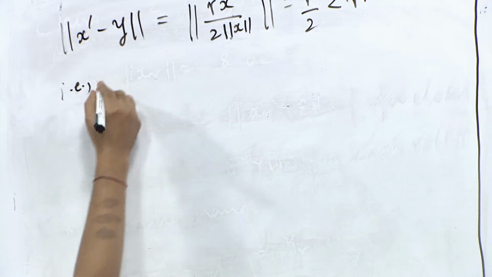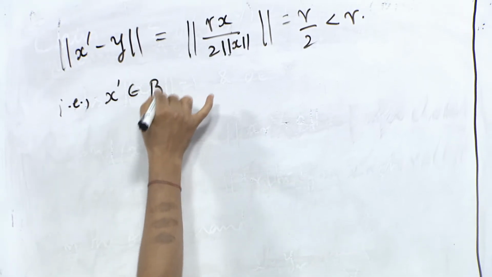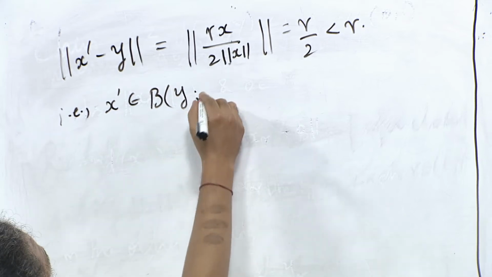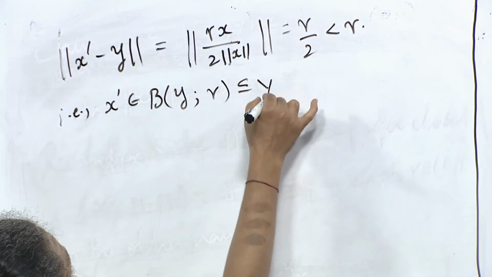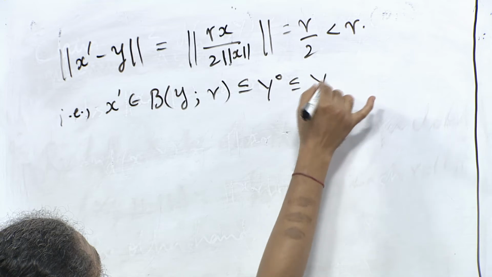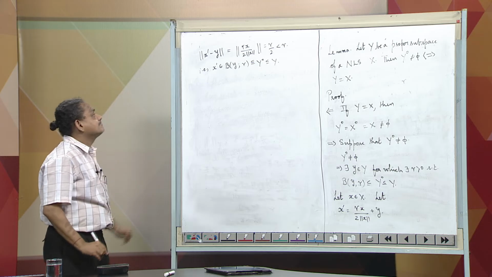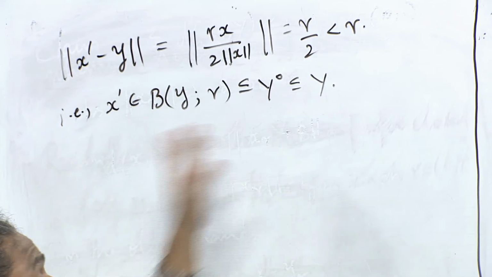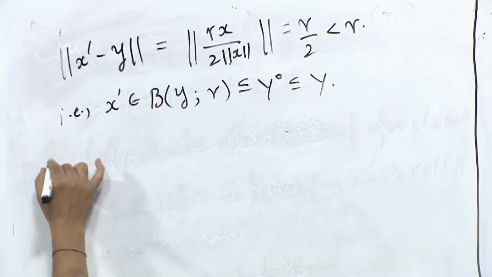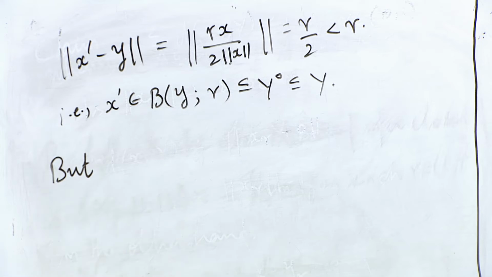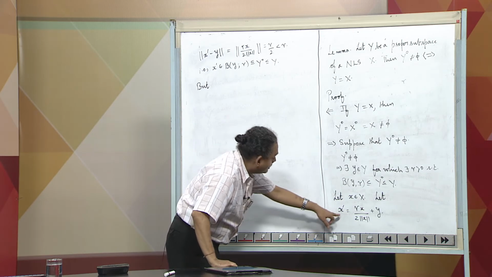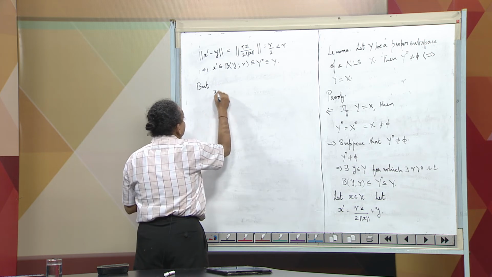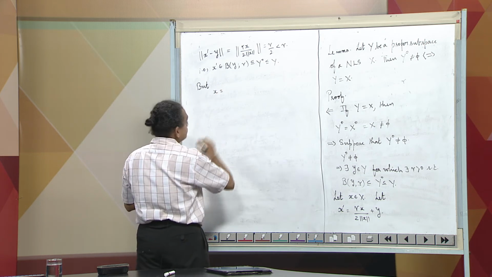So, this tells us that this x dash belongs to the ball with center at y and radius r, which is contained in the interior of y, which in turn is contained in y. That is it, and we are done. So, we have produced an element x dash which belongs to y, but the way we have defined our x dash tells us that you can rewrite x in terms of x dash and y,